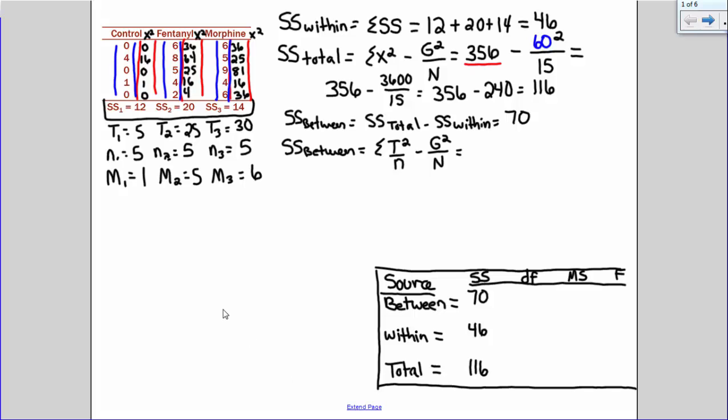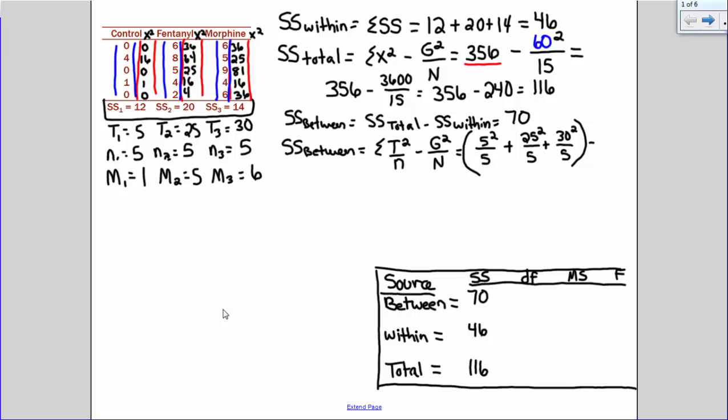So the total for group 1 would be 5. We're going to square that and divide by the sample size, which is 5, plus for group 2, the total was 25, and the sample size was 5. For group 3, the total, the sum of x, was 30. Sample size was 5. So we're going to do all of those and then subtract by the grand total, which